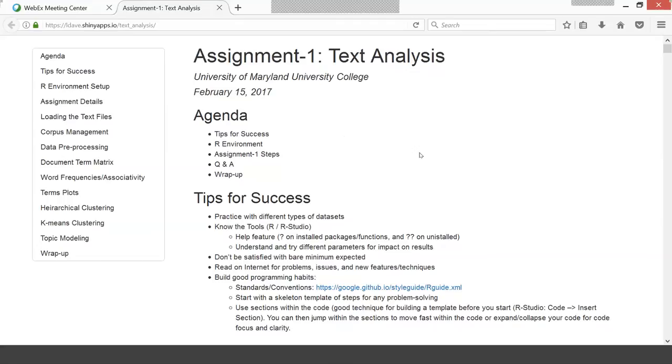Next, we'll go on to the assignment one steps, going through some of the steps that you've already seen. Maybe we'll go into a little more detail, or see if you have any questions. Then we'll go through some Q&A and wrap up. The time we'll spend together today is going to be more on seeing how you could expand and what you could do with text analysis, which may not be new to many of you. You may have done it before